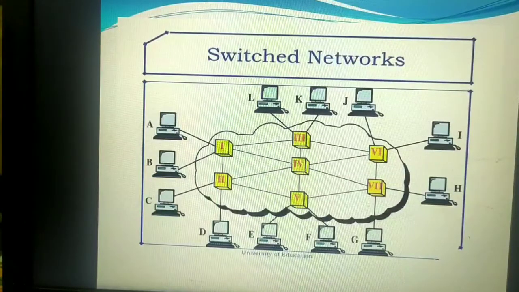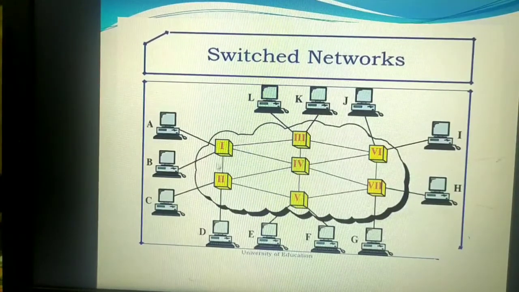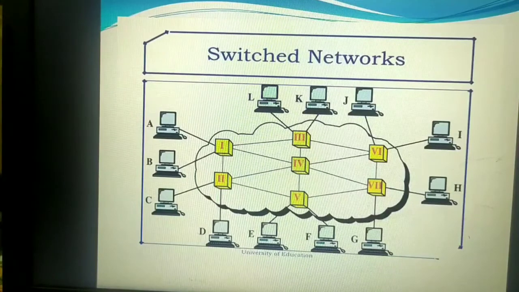Here you can see the switched network where a number of nodes are interconnected with each other by using a networking device known as switches. These are nothing but the switches, hence we can call it a switched network. Now what are these switches? Why do we need to study the switching techniques? Because switches are the devices which make a temporary connection between two or more devices in order to make them communicate with each other.